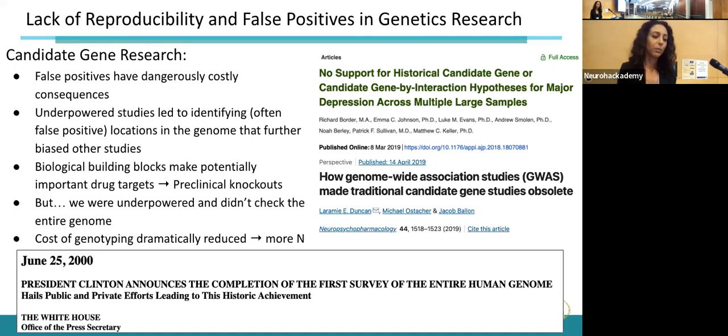And the good thing with genetic research is now the cost of genotyping has gone down exponentially. So now you can genotype individuals in your study for maybe less than $15 a sample, and that helps you get larger and larger sample sizes for studies with the same amount of funding. Unfortunately, the cost of neuroimaging hasn't actually gone down. It might have gone up.